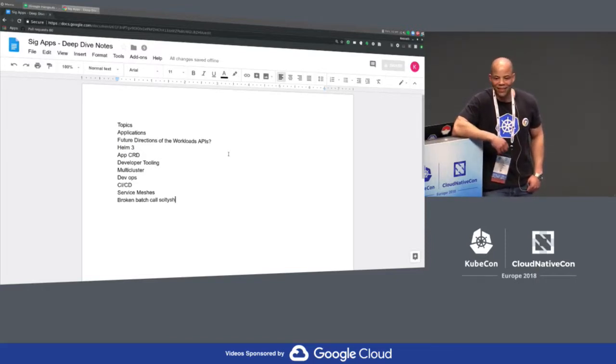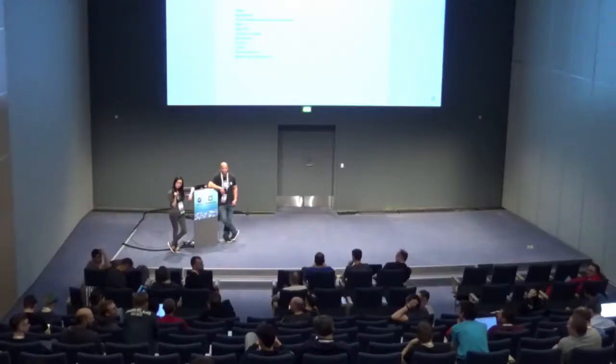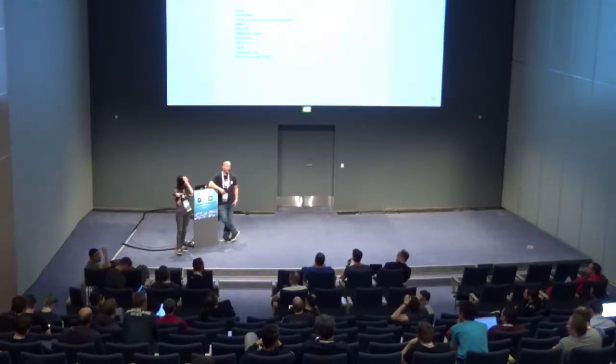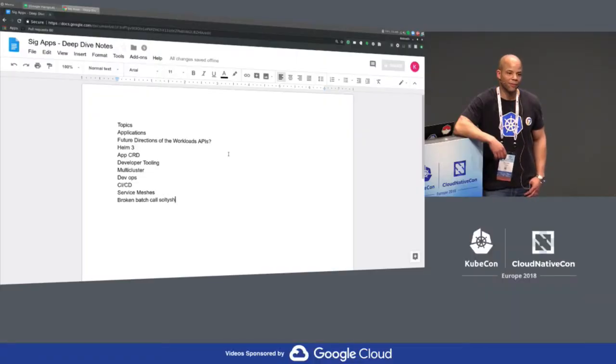You may not want that for your stateless app. A StatefulSet updates one by one, and it always waits for the other one to be online. It could be slow for your updates. Sometimes it gets back to bite us. If you don't have volumes, then it's faster. Well, that depends on how fast your cloud provider mounts and unmounts, right?